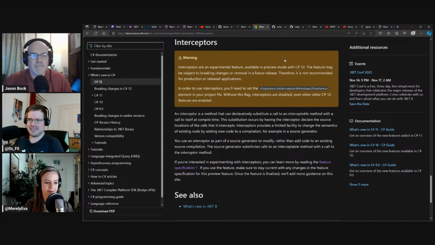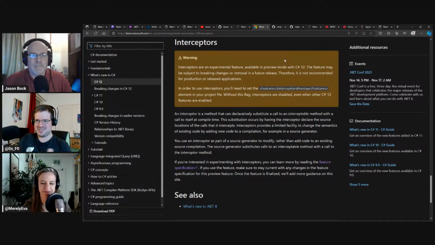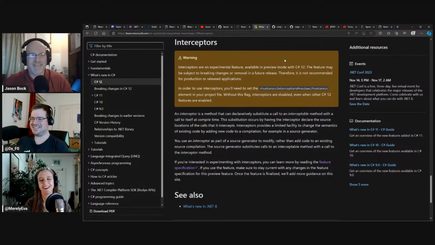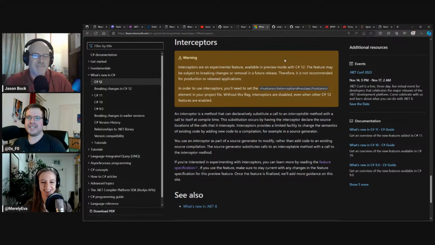Since this is not necessarily in the language but in the compiler, I could still use it in my C# code, but it's not really usable in C# code. We will figure out in the coming minutes why that is. And now this, coming from St. George, it's very tied to interceptors, and we would like to explore interceptors and build a tool that unveils them because of their experimentality, if this is a word. There is not a lot of tooling out there yet to reveal them.